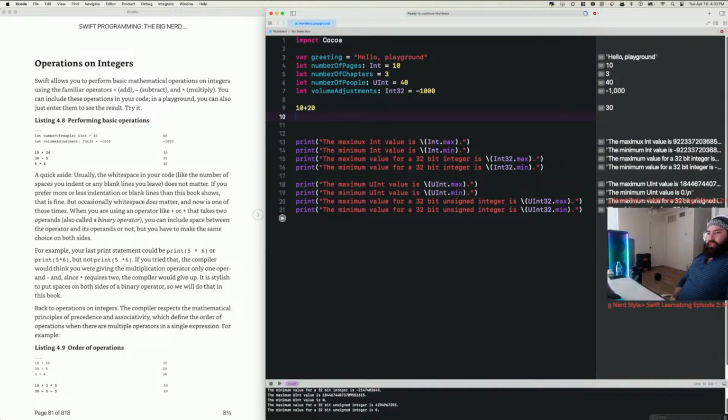When you're using an operator like plus or star that takes two operands, also called a binary operator, you can include space between the operator and its operands or not, but you have to make the same choice on both sides. Okay, so you mean